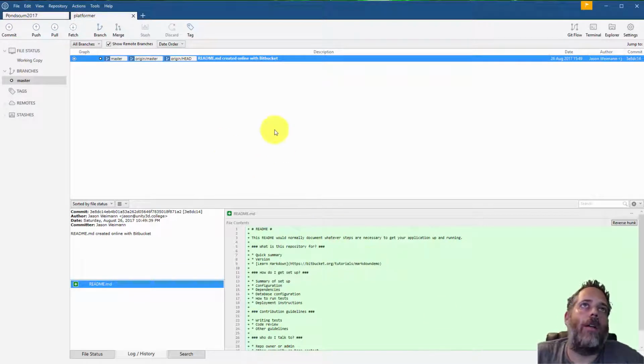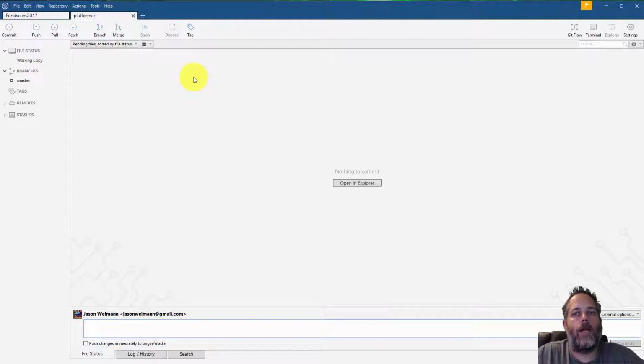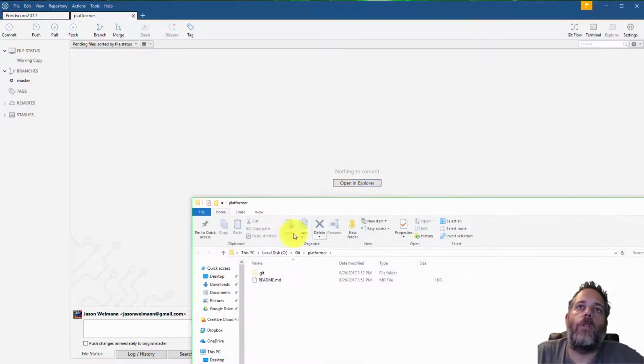So now I'm going to show you how to commit a new file in here. You won't need to do this right now, but you're going to want to know how to do it in the future. So let me just show you how it's done. If I go here to the working copy, it shows where my changed files are. Anytime you change a file in Unity or just in the folder in general, it's going to show up here as a change. And what I'm going to do is hit open in Explorer to just open up the